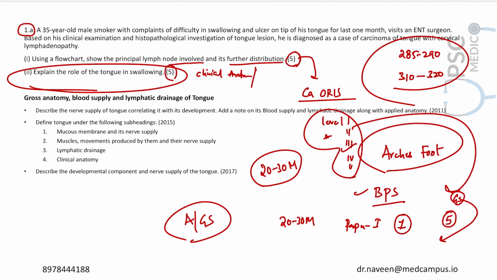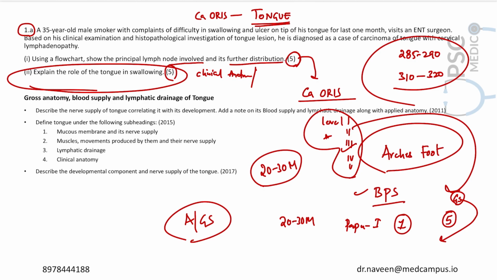Okay, it has got only 10 marks weightage. So the first question is a clear-cut CA of the oral cavity. Where is the ulcer located? It is in the tongue. That's it. The whole history is given just to consume your time, and also to give you a general idea